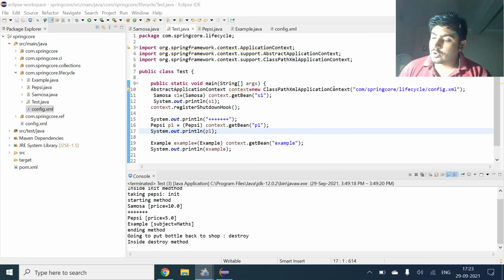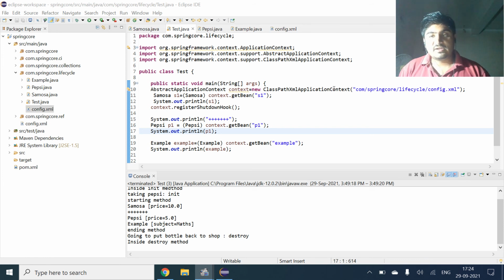If we talk about advantages of auto wiring, basically it is automatic. Then the second is it uses less code, the amount of code will be less. Also we have some disadvantages. The first disadvantage I already talked about: auto wiring cannot be used to insert primitive and string values. And the second disadvantage is there is no control of the programmer in auto wiring. So these two are the basic disadvantages.